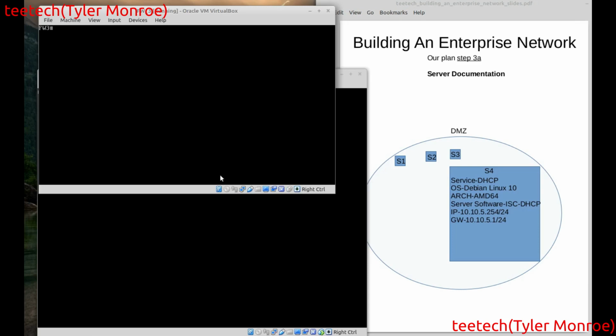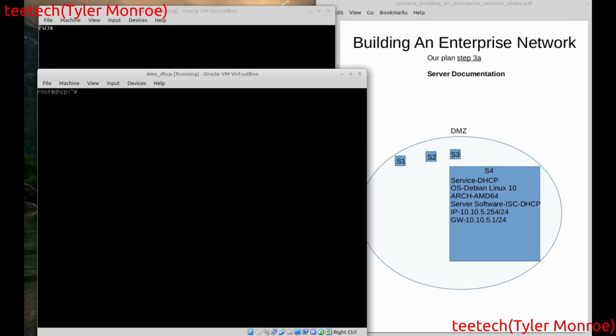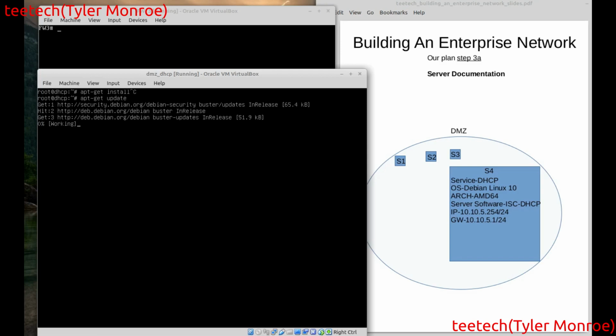Okay, that's the network part of it done. Now let's go in and start the configuration. The first thing we want to do is apt-get update real quick. I don't know if I'll pause it this time. I think it'll be over quite quickly. Almost. All right, now we'll do apt-get